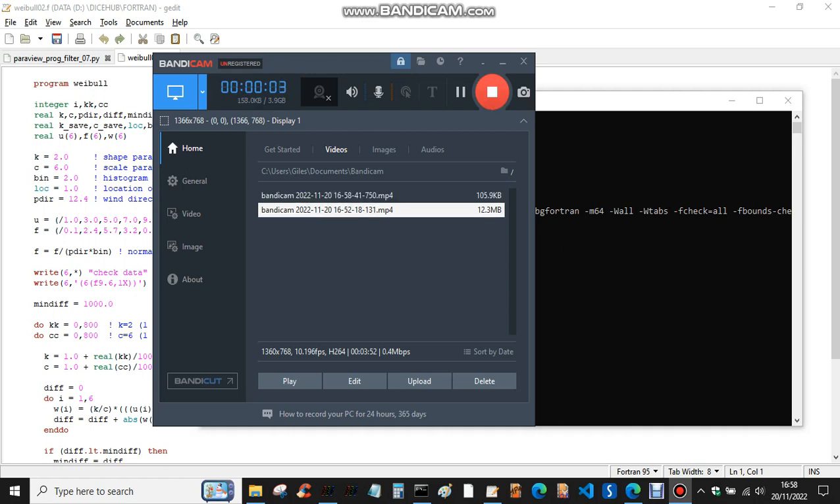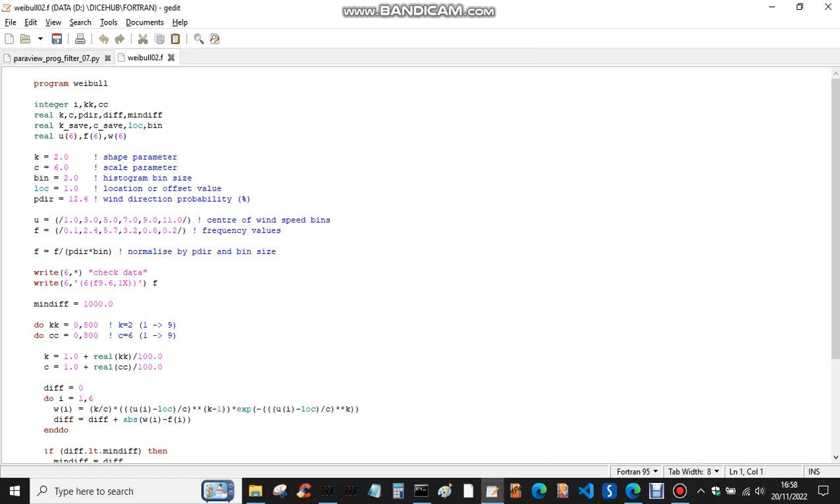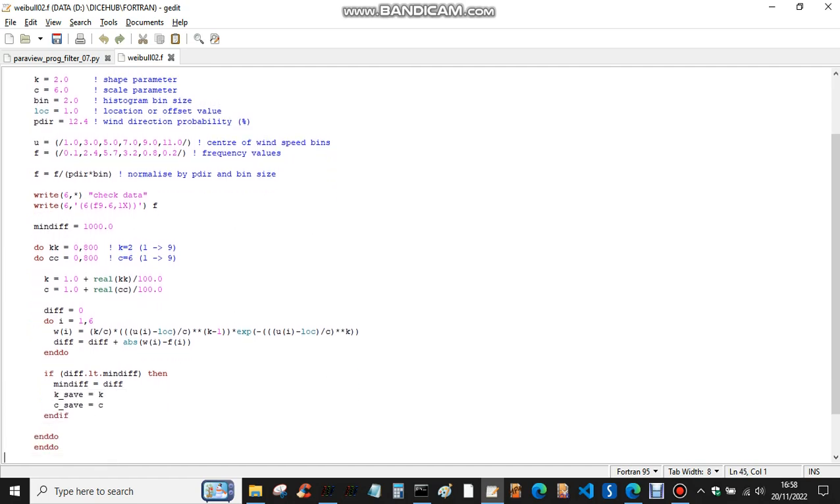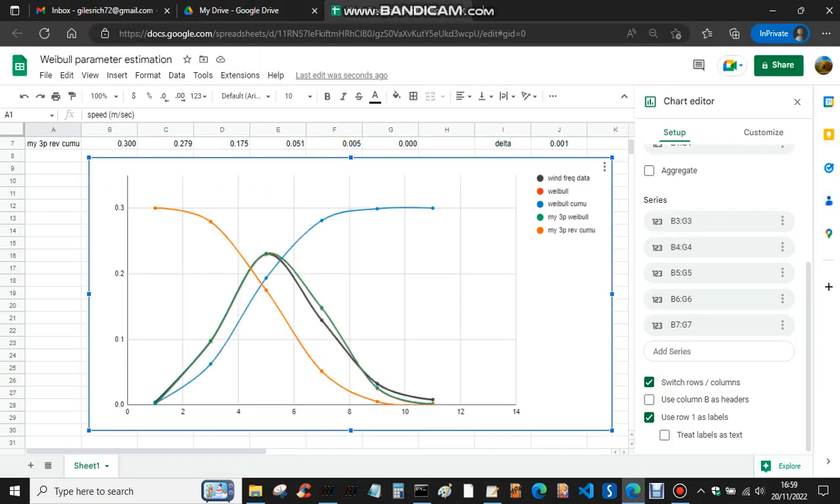Okay, so this is just to describe a short bit of code which I've written in Fortran for calculating the Weibull parameters. In a Weibull distribution, there are two parameters which are used to specify it, and that affects the way it looks. So here we've got some wind frequency data, which is the one in black, and then the Weibull